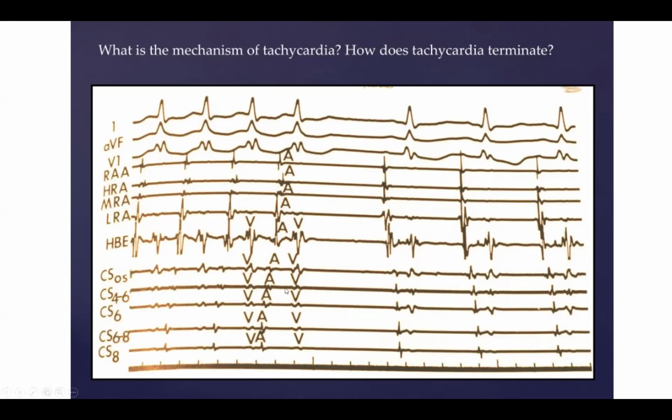Right, because we went down the AV node, A to V, but then we don't come back up the A, up the pathway. So this blocked in the pathway. Now, the other hint that this is a left-sided pathway is that in these three sinus beats, we see that the AV in the mouth of the coronary sinus is wider. As we get more and more distal, the AV interval becomes tighter, suggesting that there is what we would call